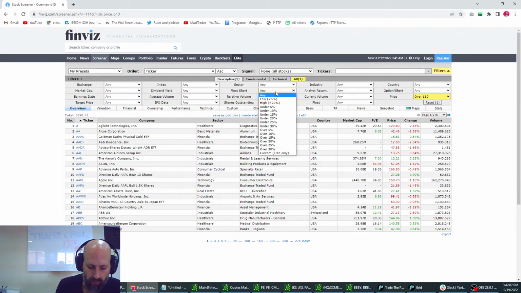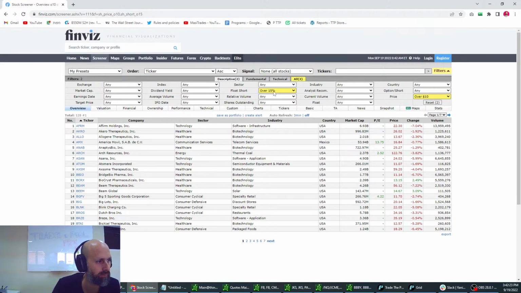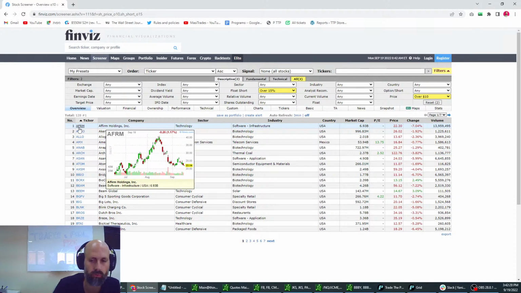Float short is the percentage of shares that are held as a short position in a specific company, a specific stock. So for example, if I choose over 15%, that means that more than 15% of AFRM shares are held as a short position. The reason I will use it, and this is a bit different from what some of you know from trading Forex, since it's a netting account,